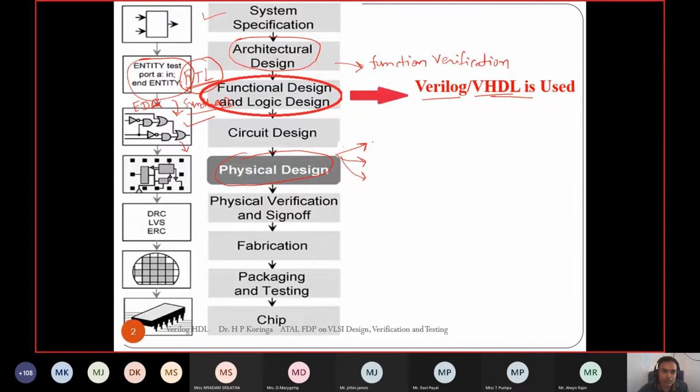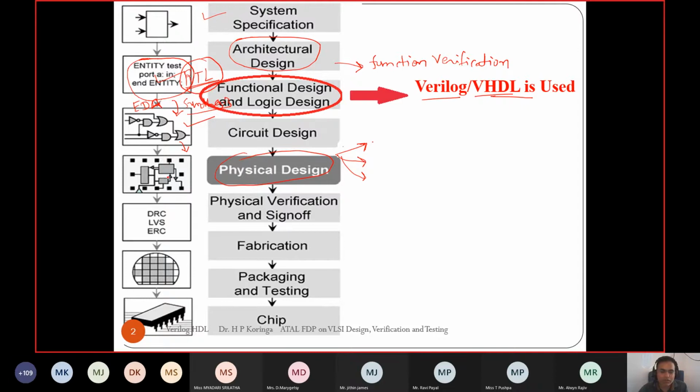EDA tools like Quartus II, ModelSim or EasyLite are available freely, on which we can practice at our institute. We are doing RTL very well, but the physical design tools are very costly and can be afforded by the industry, or some very good institutes, so we have called experts for this physical design flow.